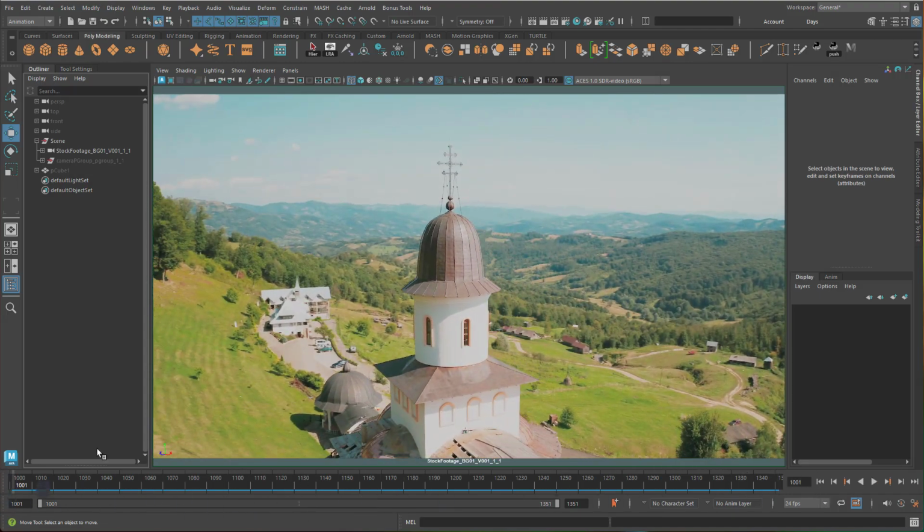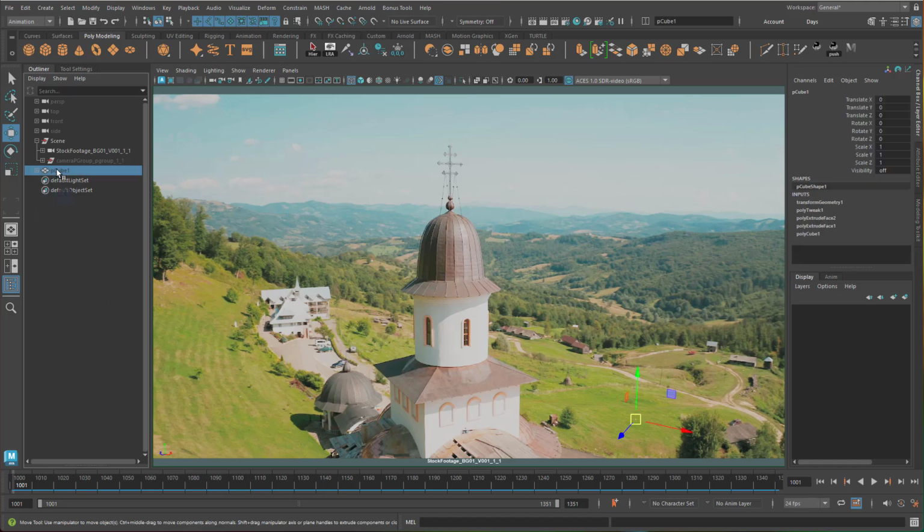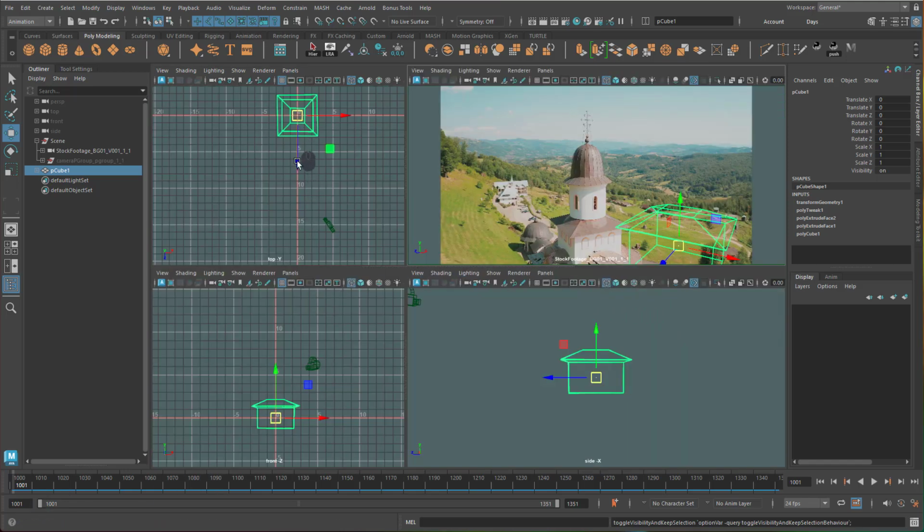The camera is already matched, and what I want to do is build certain geometries, so a creature might climb over this building here, this church, and cast a shadow on things. So I already made a model here. Let me unhide this. Here it is. It currently sits in origin,